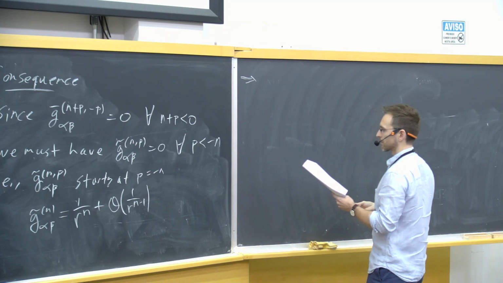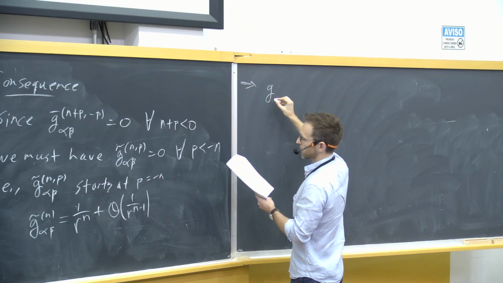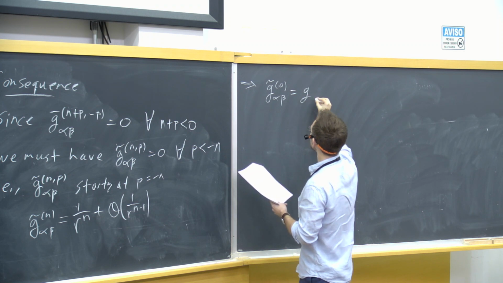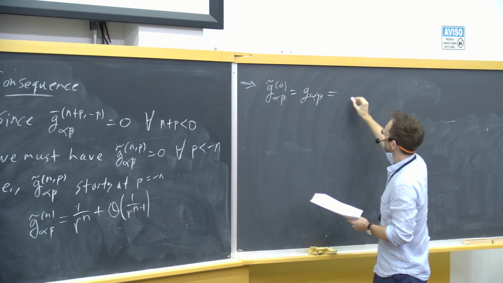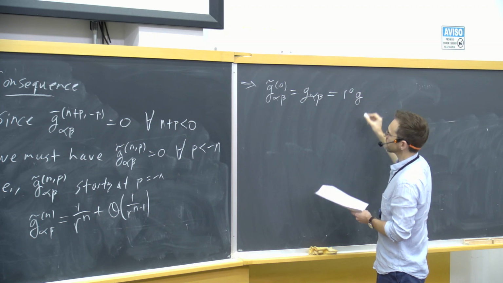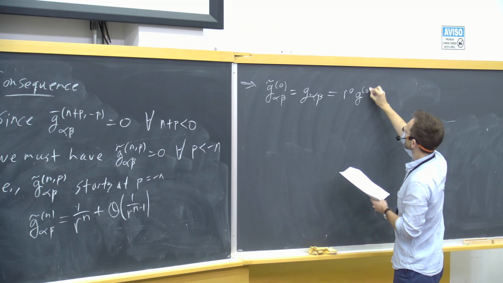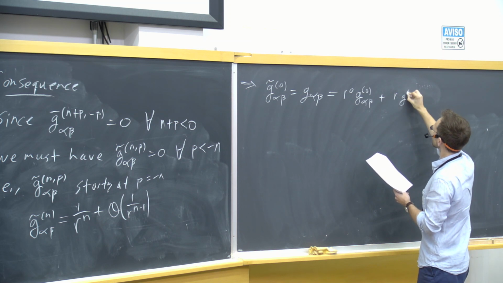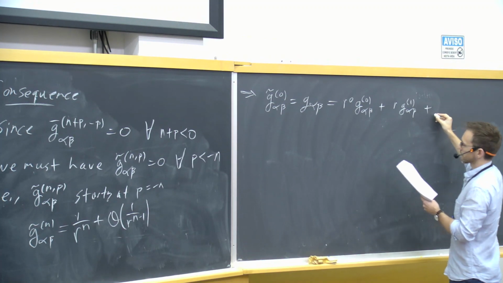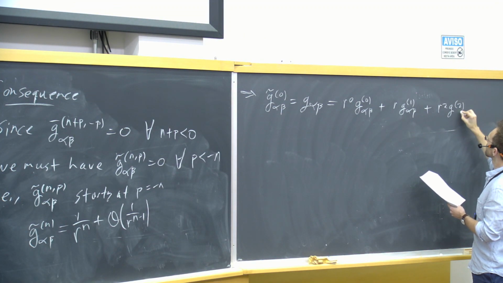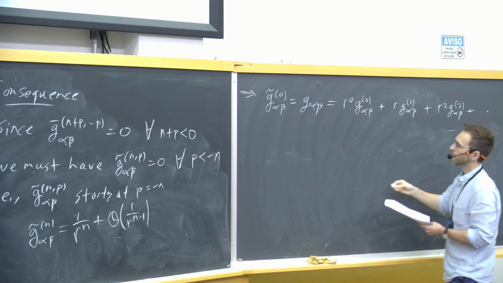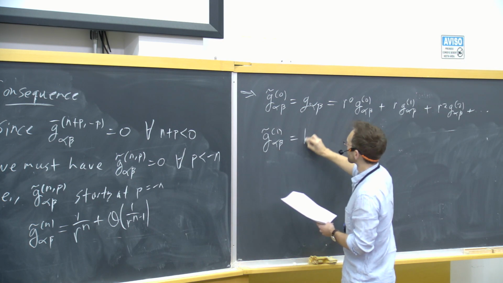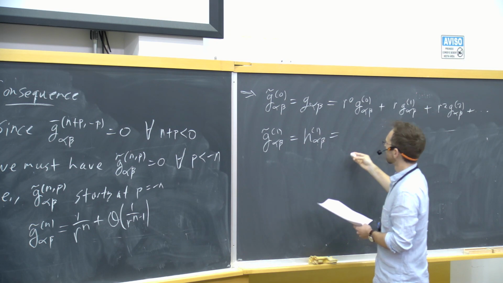So that allows us to draw a table. g tilde 0, which recall is just the external background metric, starts at r to the 0 from that condition, plus r g1 plus r squared g2 and so on. And then g tilde 1, which remember is just h1, starts at